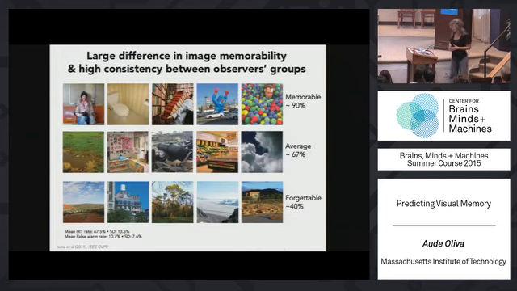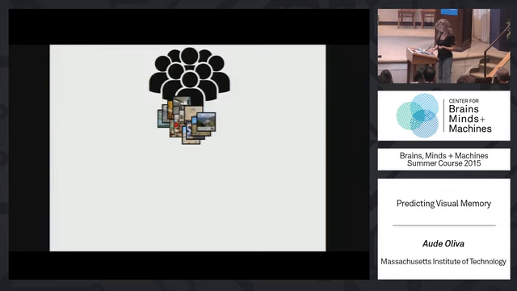And when you first look at the type of images that are highly memorable or forgettable, well, there's a trend that we all expect: images that are kind of funny, or have something distinctive or something different, or have people doing various actions, or have some objects that are kind of out of context. Those tend to be memorable. And in general, landscapes or images that don't have any activity tend to be forgettable. So we have those scores for more than 2,000 images from that experiment.